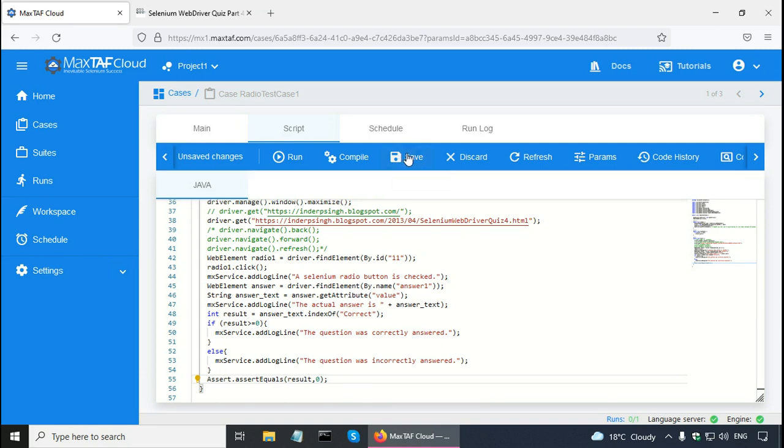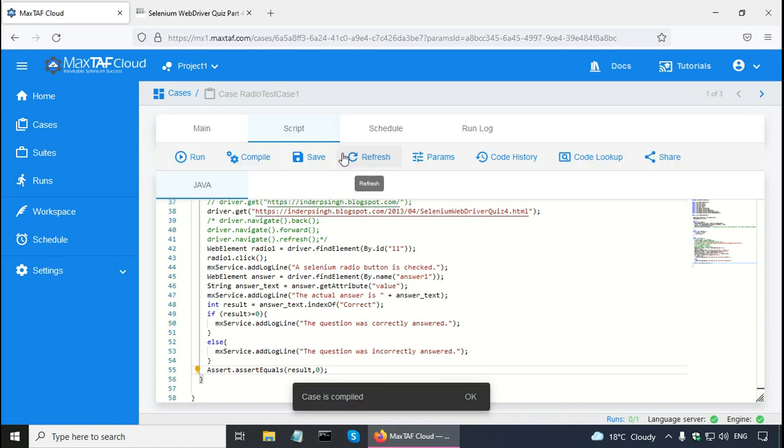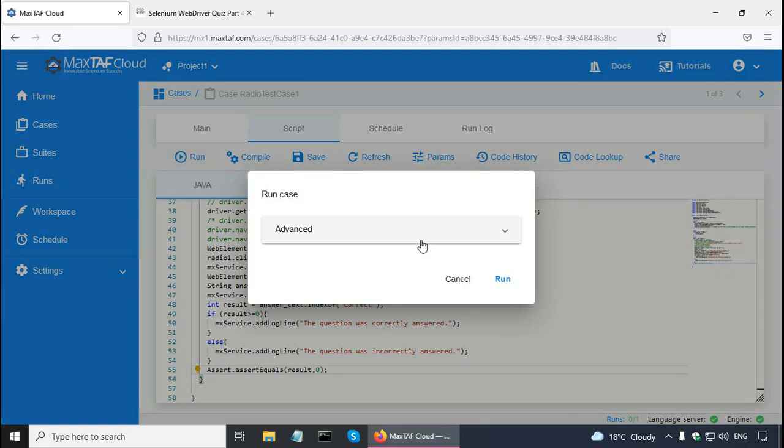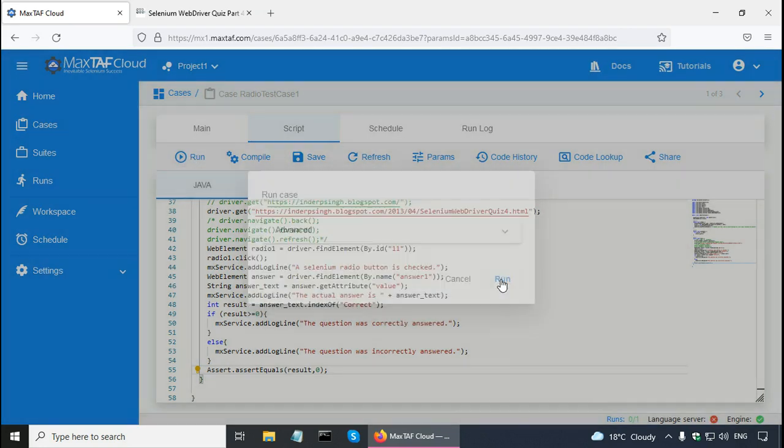Now click on save, and I want to see if there are any syntax errors or not. So instead of run directly, I can just compile it, and the case is compiled, and let me run it now. Click on the run button again,